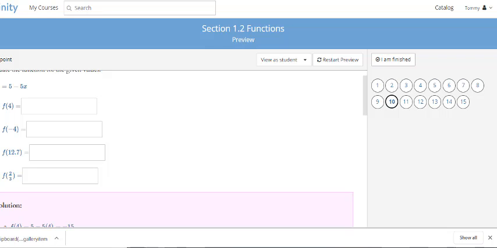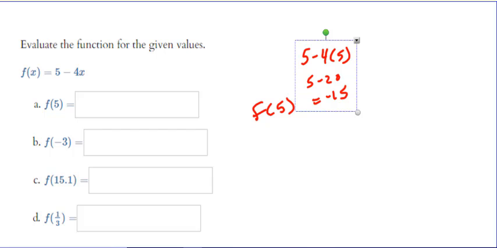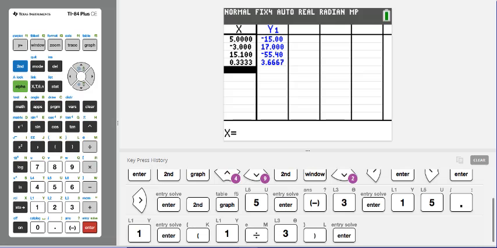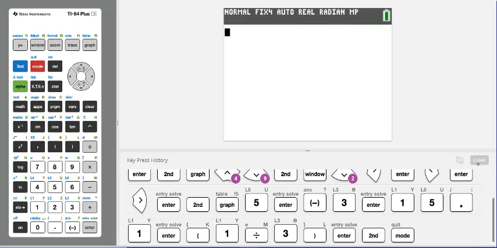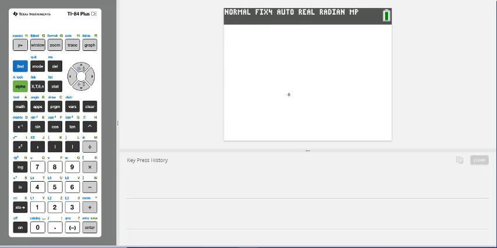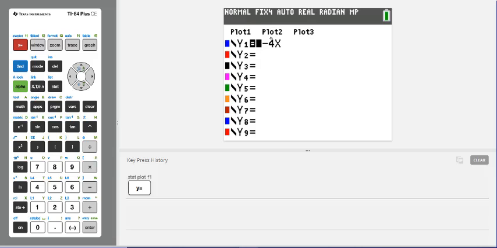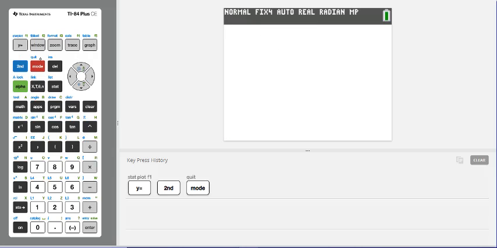So, okay, that's the problem we're working on. I want to show you something real quick. I'm going to hop out real quick, second mode, and hit clear. Now we've got that same equation sitting right there in Y1, right? So in second mode, you hop out. I'm going to show you how to, for the one with a fraction,